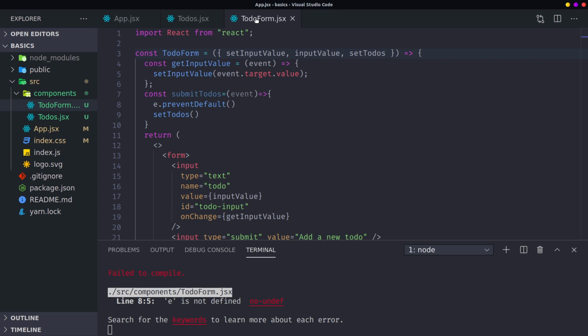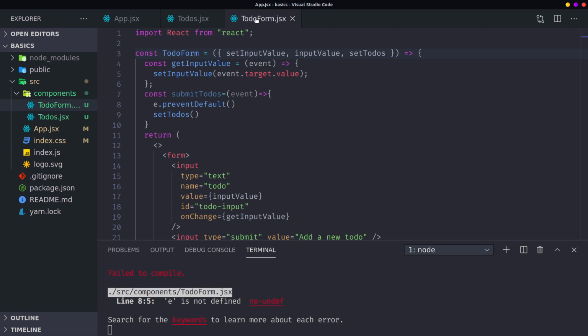I'm simply saying get all the values from the to-dos and spread them here. Go and look at spread, go and look at the syntax. I'm simply saying get all the to-dos, which are variable, and put them into this new array. Then add a new item, and the new item will be an